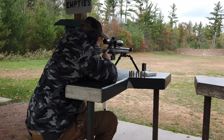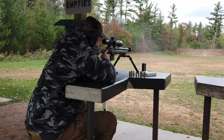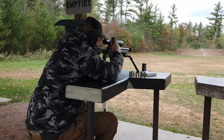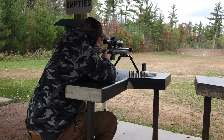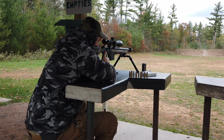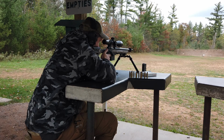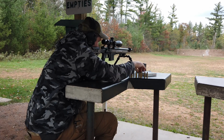Today I want to tell you about the BogPod Deathgrip, which is a tripod made for maybe some light competition and especially hunting. Before I get to that, I wanted to establish kind of copper equilibrium in this barrel, so I definitely dirtied the barrel, fouled it, and then shot a couple paper groups as well just to establish what kind of groups I should be able to expect from this rifle at this distance before moving to the tripod